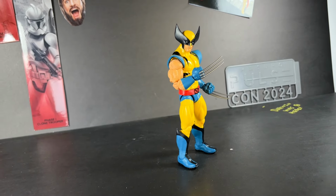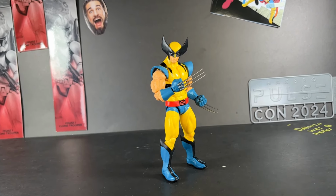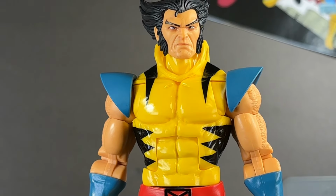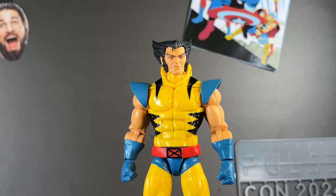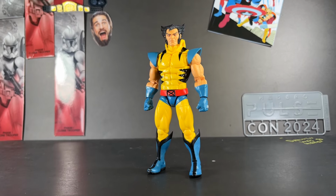The claws are molded in a dark silver plastic, which surprisingly look great. I love the inclusion of the unclawed hands as well. Where this figure goes above and beyond for me are those head sculpts. They're 2 of the best Wolverine heads we've gotten, and coupled with the digital face printing makes this figure have